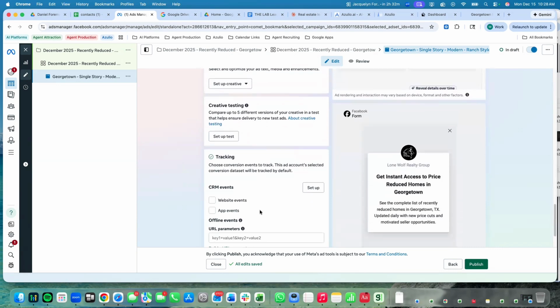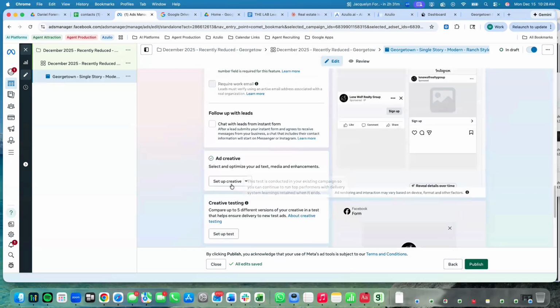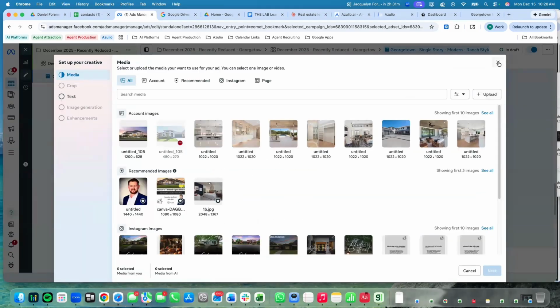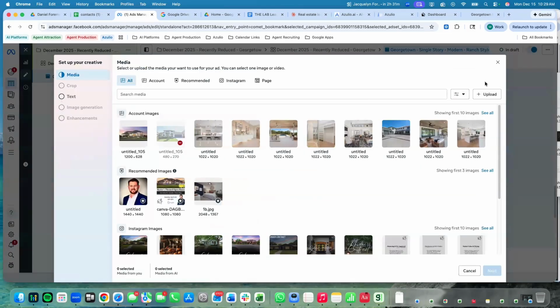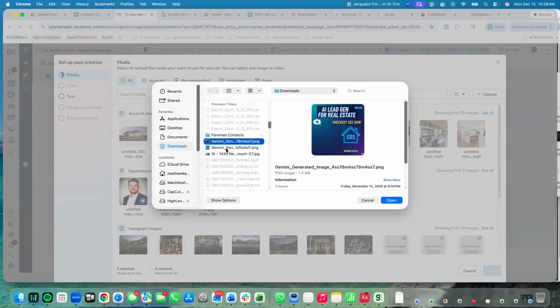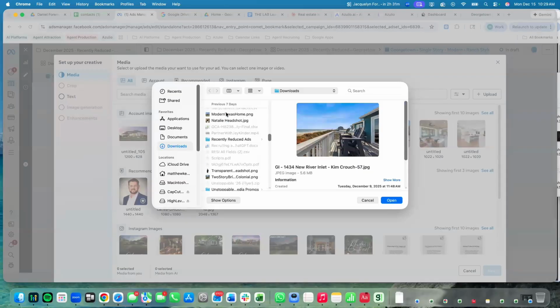Hold on. View. Image ad. I'm going to click upload. Let me do that again. Where it says add creative, you're going to set up creative. You're going to go image ad, and we're going to go to upload. And I'm going to go grab the files that we used to create the,